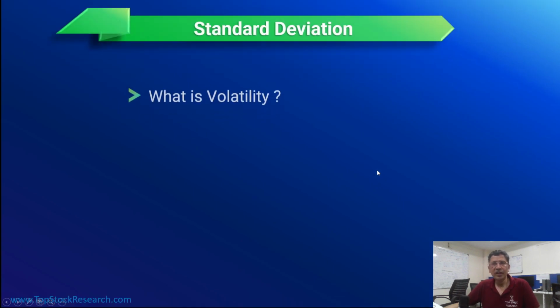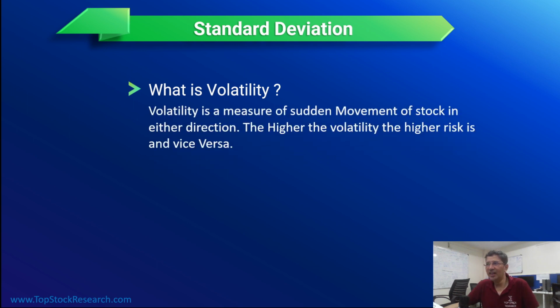So what we are presenting today is volatility using standard deviation. So what is volatility? Volatility is sudden movement of any price or some abrupt change in any situation. Any sudden movement of a stock price in either direction, whether upward or lower, will make it volatile, right? Which becomes a little unpredictable, as the movement can be a little out of normal. So the higher the volatility is, the higher the risk is, because you can't predict how far it can go. Generally it happens after